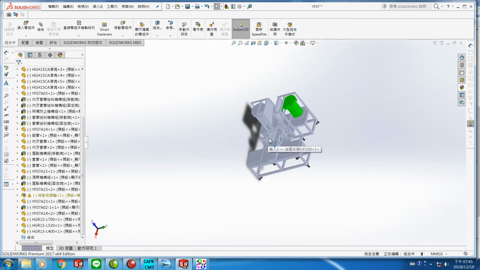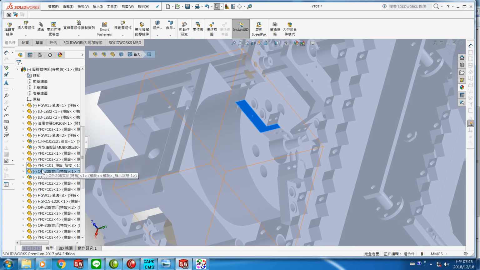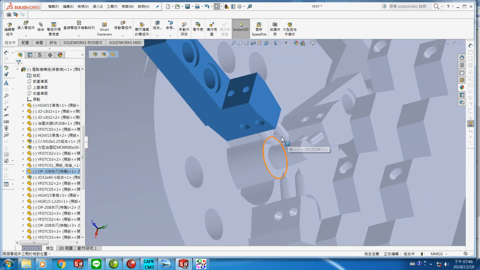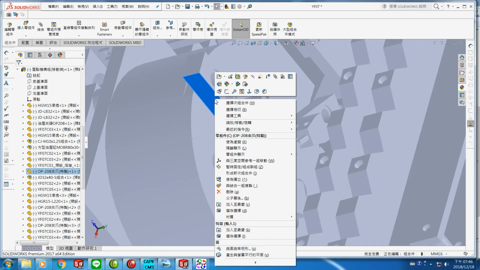Okay, let's enlarge the drawing. This one is what we intended to do, and press anywhere and pick here. You can see this one does not include the two teeth in here. Okay, we handle this one first. After this one highlights, we put the cursor on top of it and press the right button, and the first one, open this component